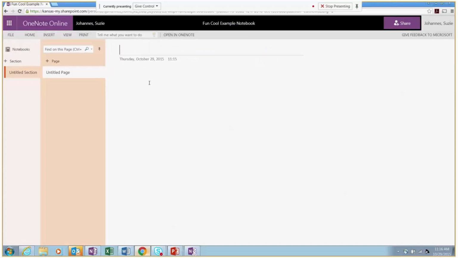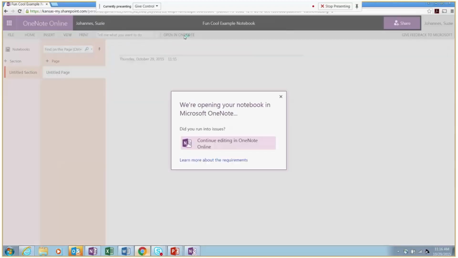If I want to switch to the desktop version, the best way is to click the option that says Open in OneNote in the gray bar. It's going to mount this notebook in my desktop software and open it there where I have the full options.